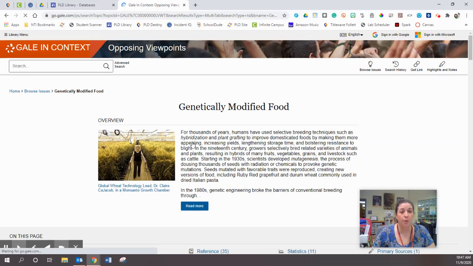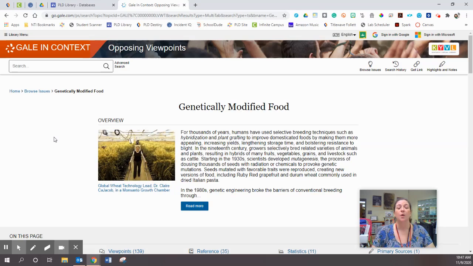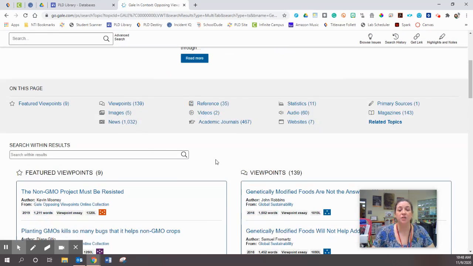It is so important to note that when you see this right here, overview, that is exactly what it is. This is not a source, okay? This is not an article. This is simply an overview. So we use this when we want to learn a little bit more about the topic, but not as an actual article for support. To find articles for support, I am going to discourage you from using the viewpoints because